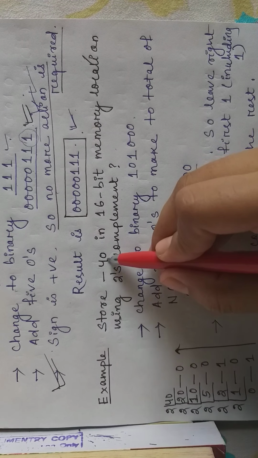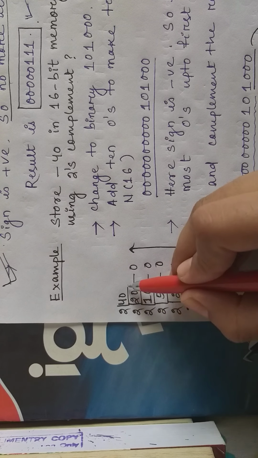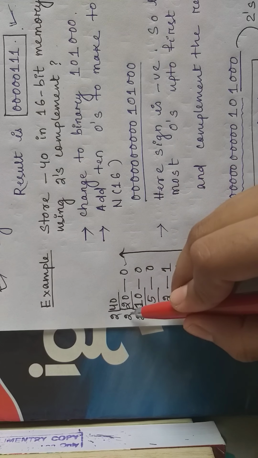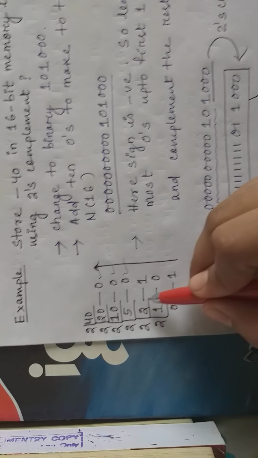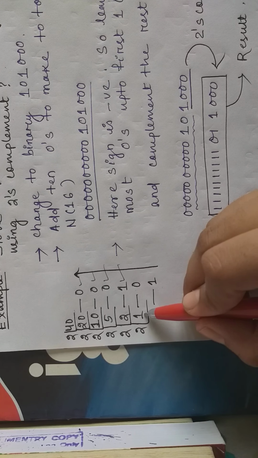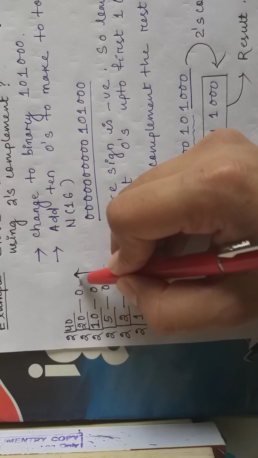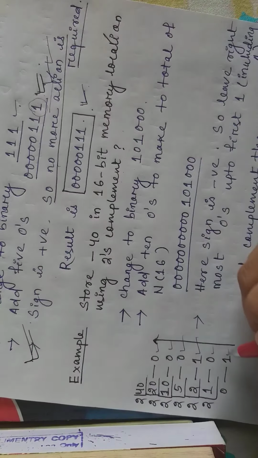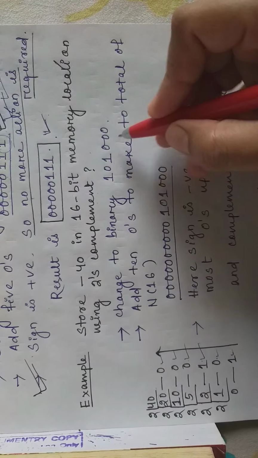First, convert that number to binary, and here we are converting by using the LCM procedure. 40 divided by 2 is 20, remainder is 0, then divided by 2 is 10, remainder is 0, then 5, remainder is 0, then 2, remainder is 1, then 1, remainder is 0, then 0, remainder is 1, and the arrow mark will go like this, down to up. Then the binary form of 40 is 1 0 1 triple 0,